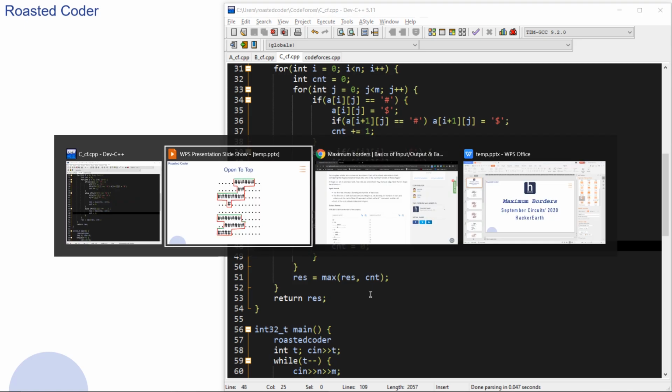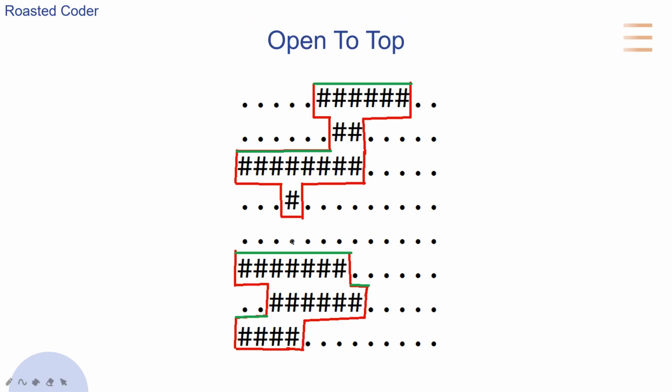So why have we not changed the next row to invalid for any white cell? Because you can see for this case, if we change this to invalid, then if we again traverse over this row, this will not participate in the length of borders.